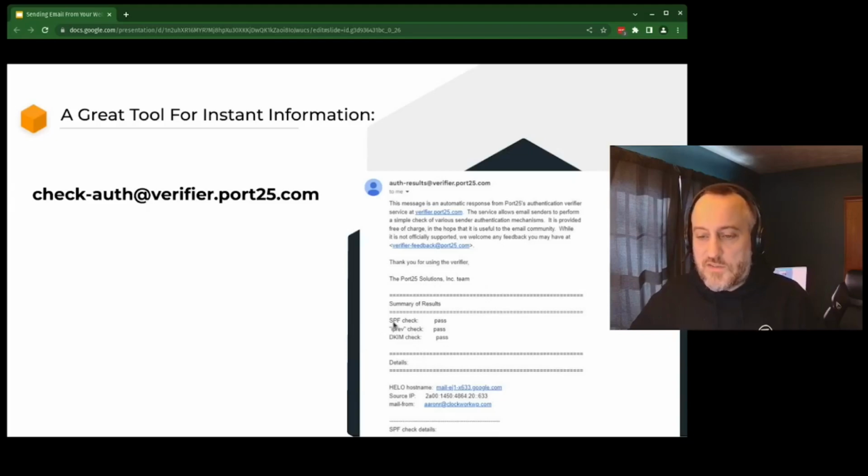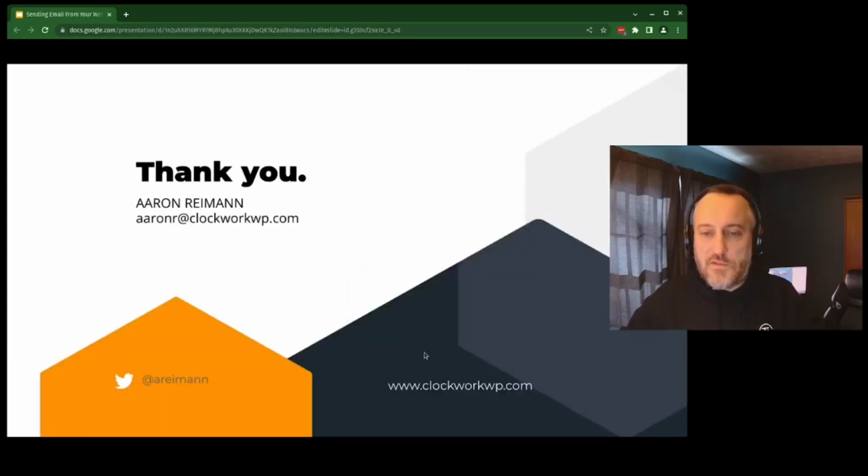So I can check and see, are my SPF records set up correctly? Is my DKIM record set up correctly? Things like that. Great tool. Just recommend. That's a good starting point for you to start figuring out if you need to solve this.